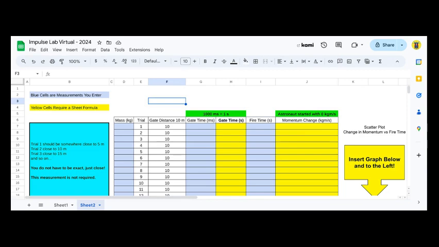So like the mass of the astronaut, that's not going to change. So that's going to be the same right here for all your trials. The gate time, that does change, as we saw. When the fire time is less, the gate time will be longer. Over here, you're gonna put it in milliseconds, and then in here, you have to convert it from milliseconds to seconds. So as an example, if it was 1,785 milliseconds,